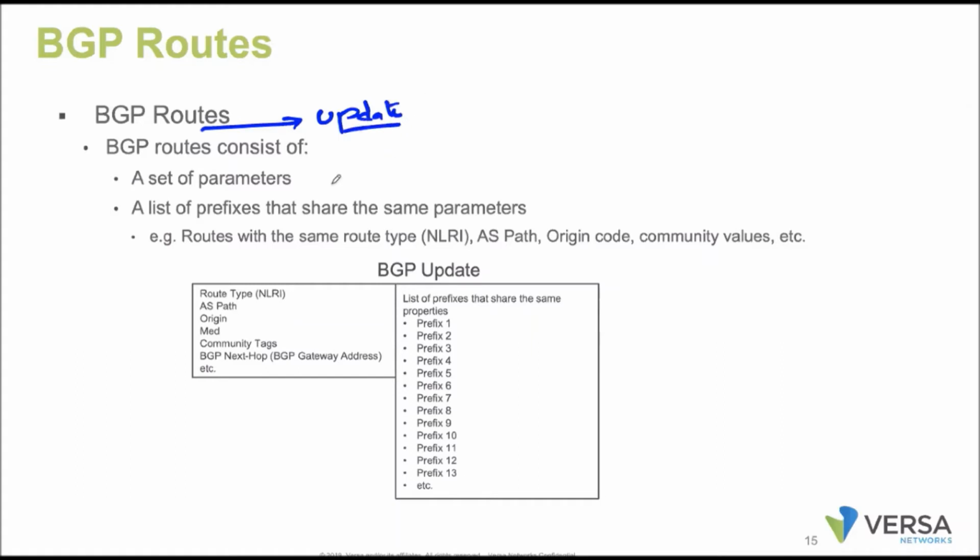With the help of BGP update messages, the route prefixes are advertised. Now the receiving router will try to verify; each and every prefix has got some attributes. Out of multiple prefixes, those which are unique are directly considered as active routes. But what if prefix 10 and prefix 11 are denoting the same prefix? Then the selection criteria is going to happen, and that is going to select the best route based upon these BGP attributes.